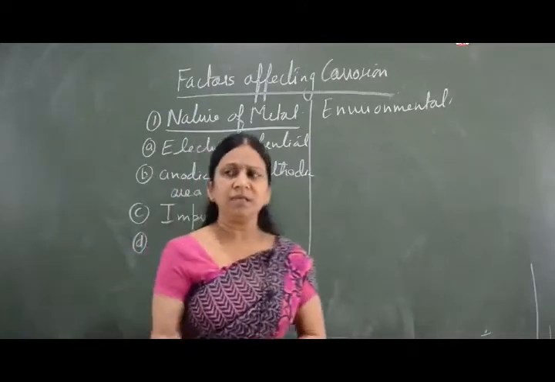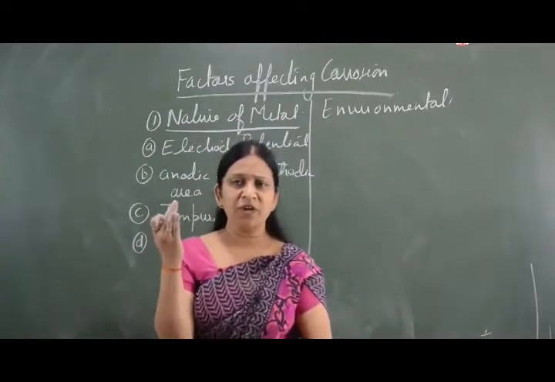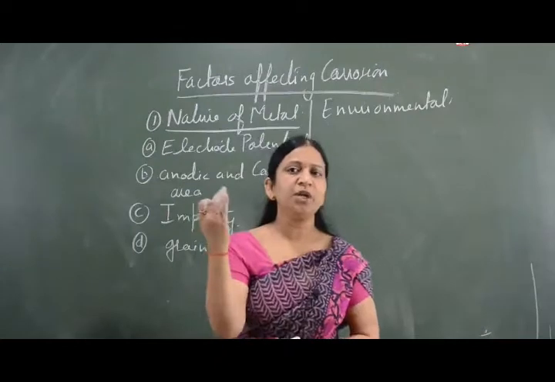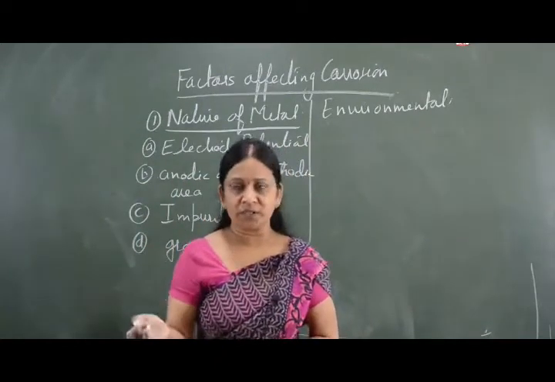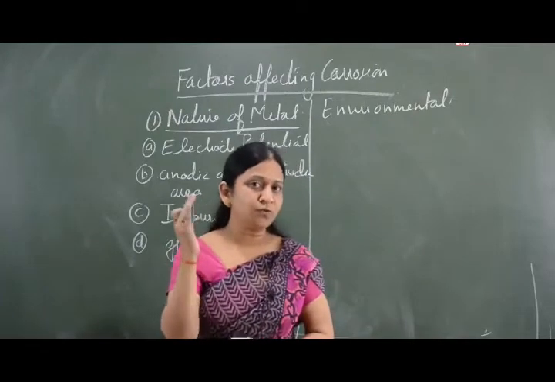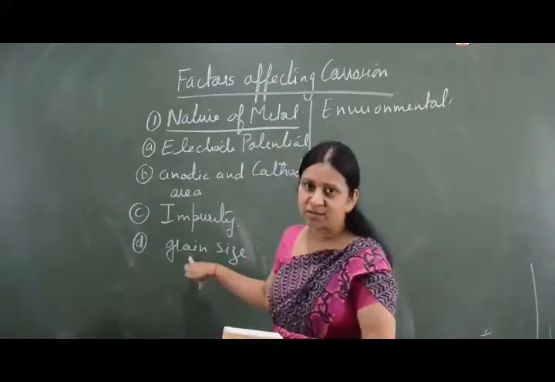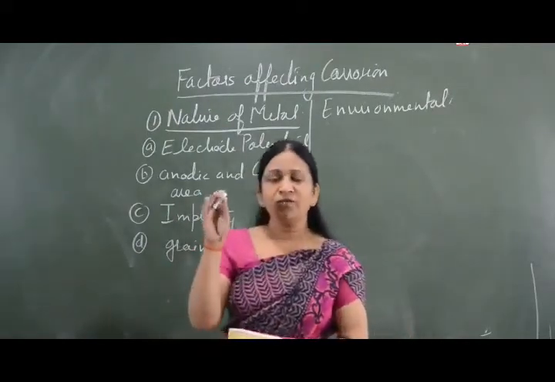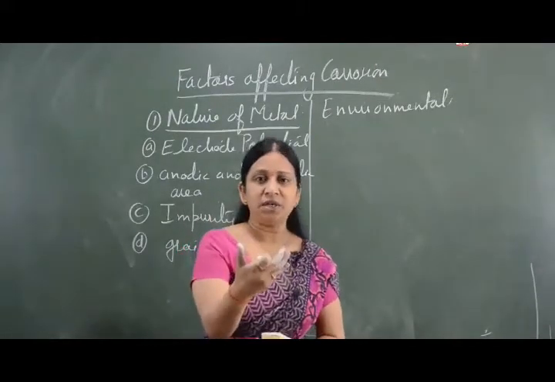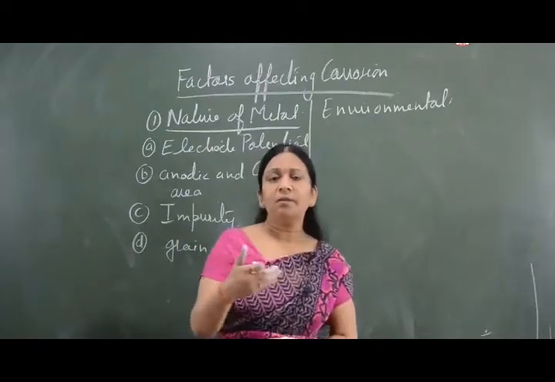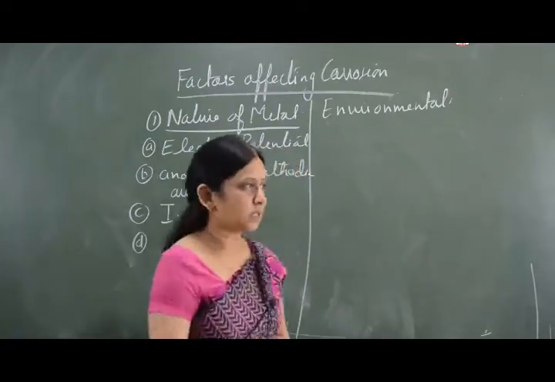Grain size: as in solid state we use the unit cell, a repeating unit which, when repeated again and again, leads to the formation of the whole crystal. Similarly, when we talk in terms of corrosion, we talk about grain size. If the grain size is small, then it has more solubility, and when it has more solubility, the rate of corrosion is faster.